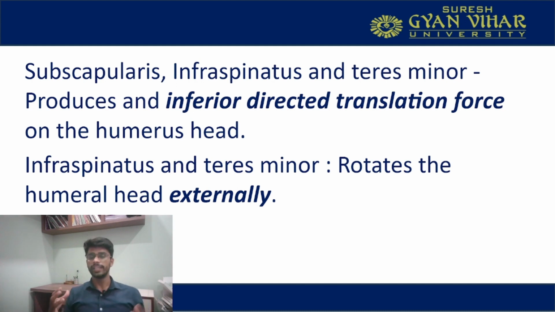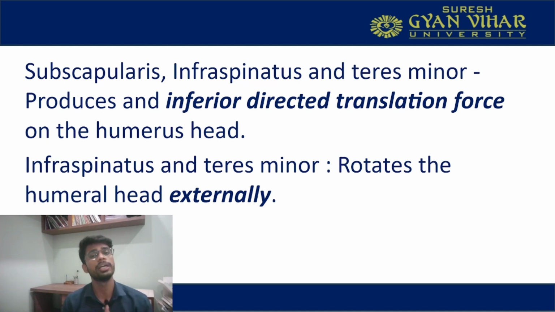Let's do one exercise right now. If I ask you to internally rotate the shoulder and do abduction, you will not be able to do that. Fine. Now externally rotate the shoulder and do abduction, you will be able to do that very easily. Why? When you rotate the head of the humerus externally, there is a space formed between the acromion and the head of the humerus. That will cause the abduction. But if you rotate it internally, that space is occupied by the head of the humerus and you will not be able to do the abduction.